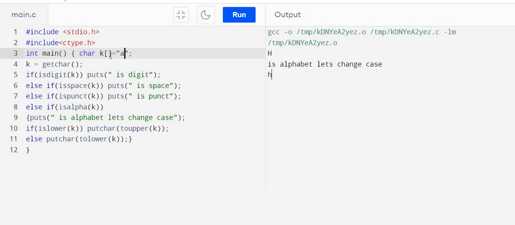A, suppose capital B, then space, then 5, then maybe comma, anything here. 7, then star, then suppose capital E, small n, again some character, suppose 8, like this. So this is the character array.